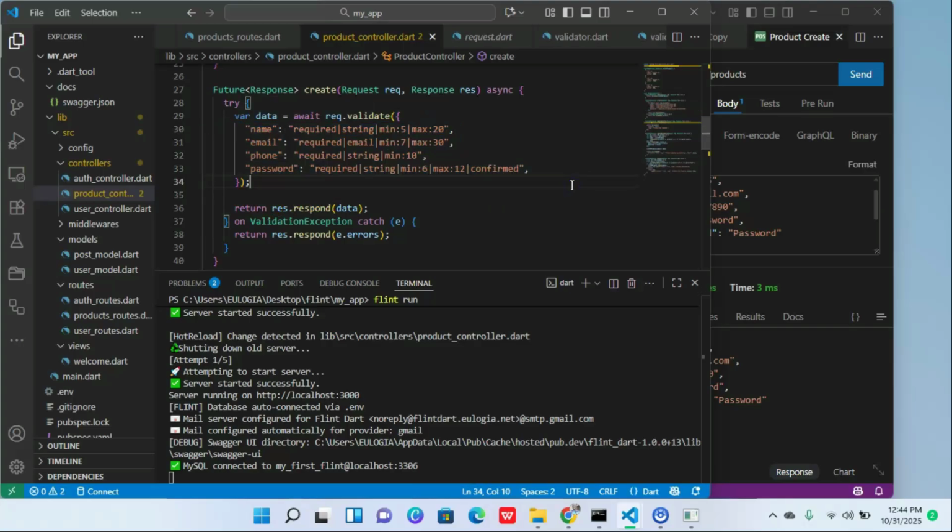So the next thing we should look at is actually what is called